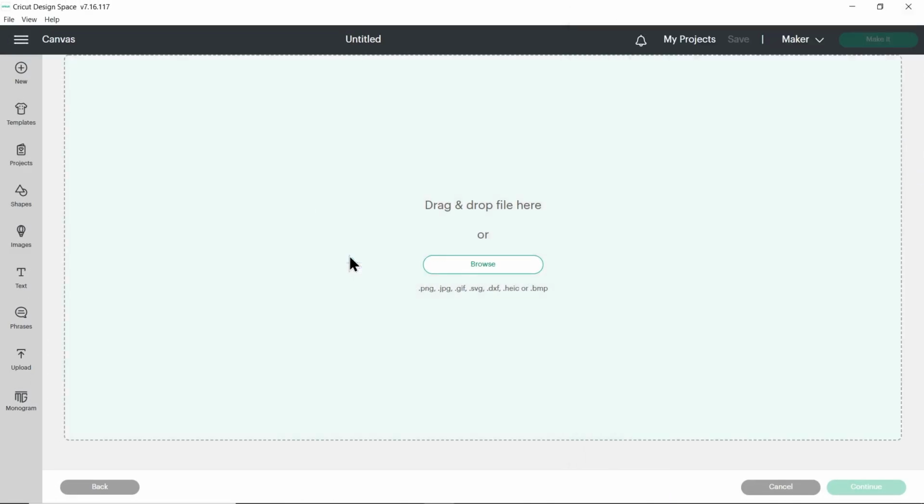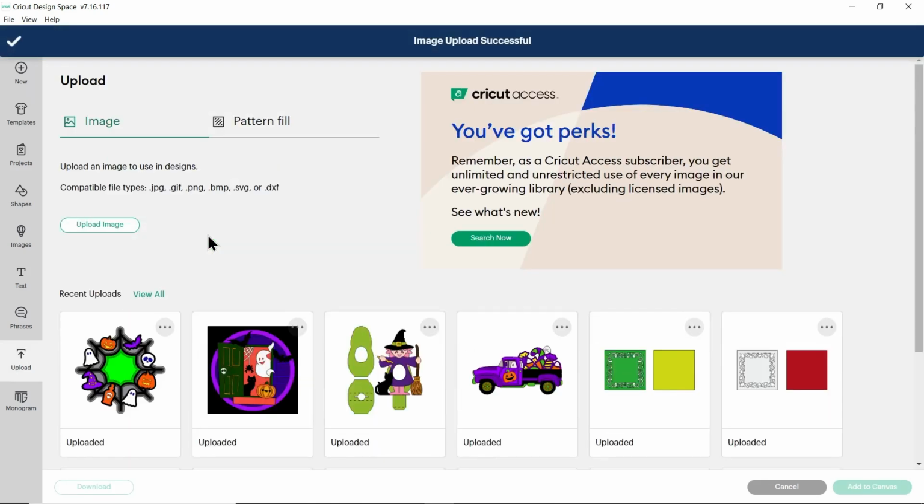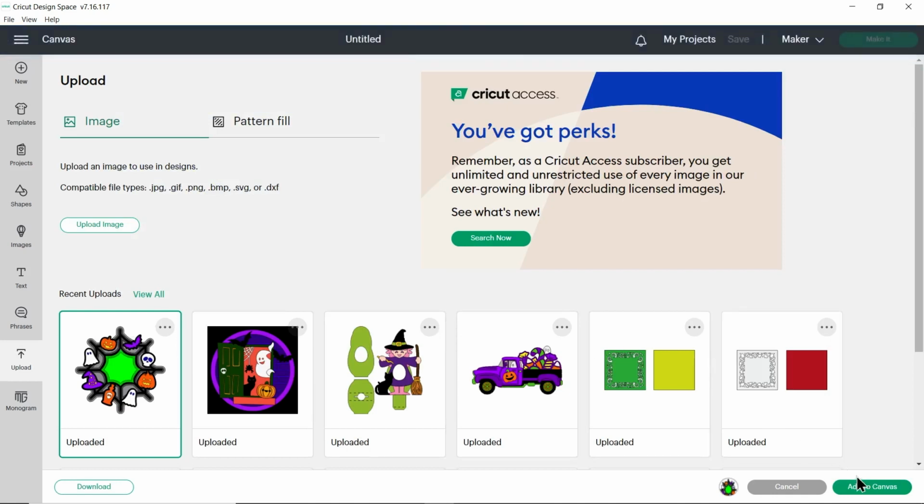Click and drag in that SVG file, and then it should look like this with all of the layers one on top of the other. If yours looks different and you see all the layers next to each other instead, that means you've accidentally uploaded the wrong file. So if that's the case, click Cancel down on the bottom and try again, and make sure you choose the one which starts SVG. When it looks like this, go ahead and press Upload, and then when it's in your recent uploads, click it to get that green border, and then press Add to Canvas.